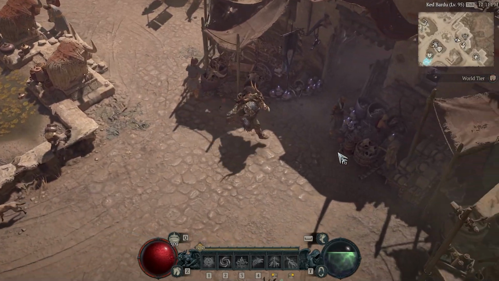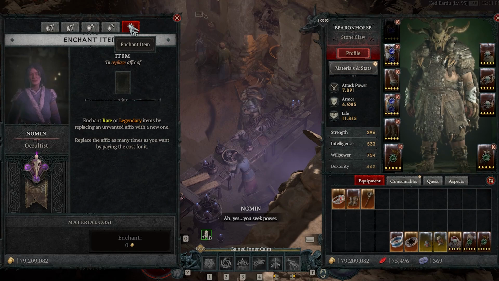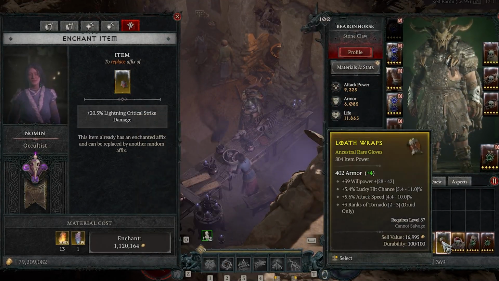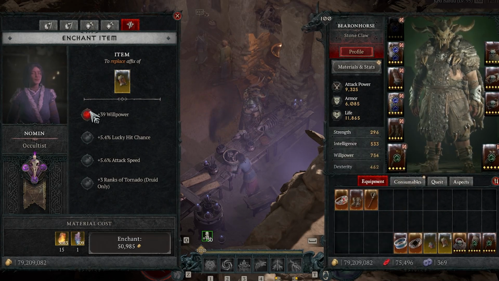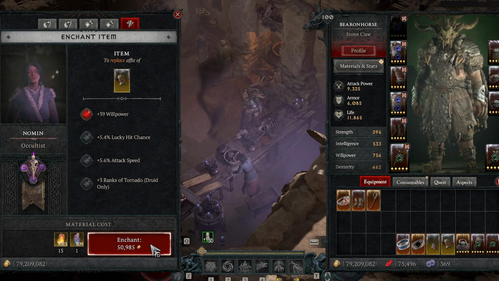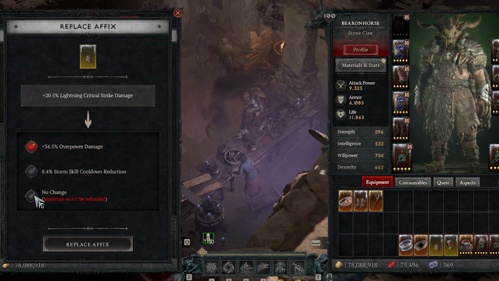So rerolling item affixes in Diablo 4 is undoubtedly the largest gold sink. If you carelessly let the cost ramp up by rerolling something that might not even be ideal, you can really break yourself from being able to upgrade some of the other more worthwhile and cost-efficient items down the line, and really slow down your progression